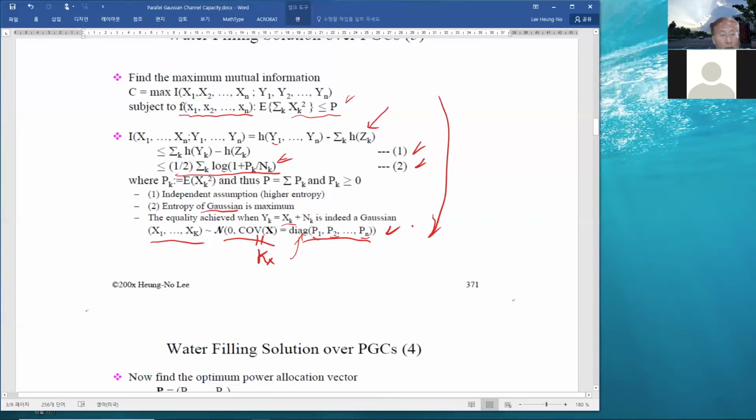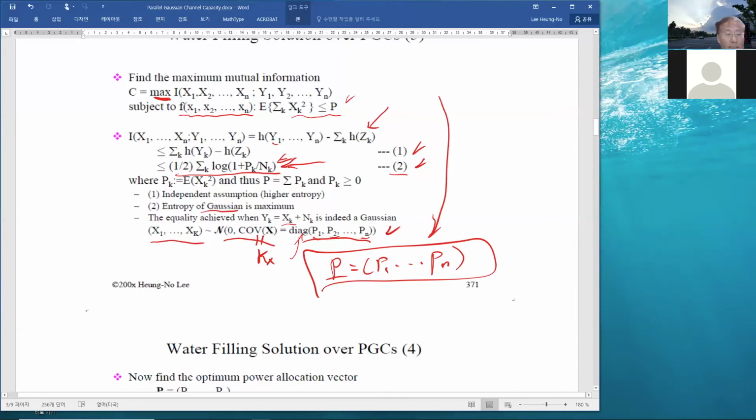What we have to do further is identify, in order to find the capacity, we need to optimize the right-hand side of equation 2. So we need to optimize this by finding the power allocation vector. Let's say this vector. We have to find this vector to find the capacity. Okay, so in order to complete the maximization, we need to find the best power allocation vector P, so that we get the optimized right-hand side of